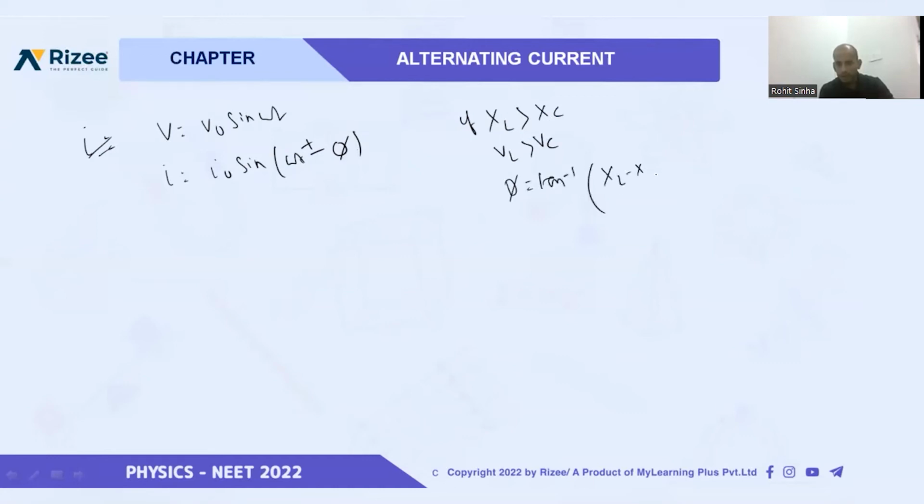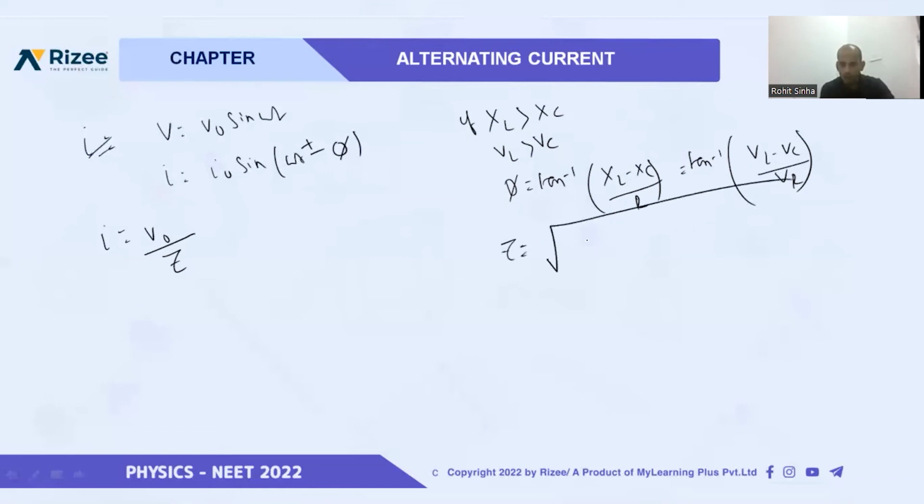XL minus XC by R, or it is equal to tan inverse VL minus VC by VR. Okay, so I will represent it like this. I is equal to I naught, how much? V naught by Z. What is the Z? We know Z is equal to how much? It is equal to root of R square plus XL minus XC whole square, like this, Z here,